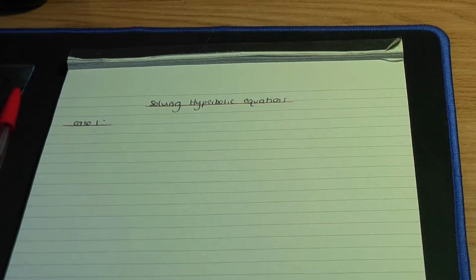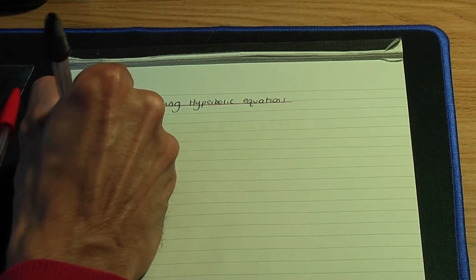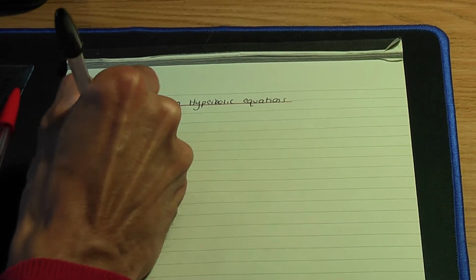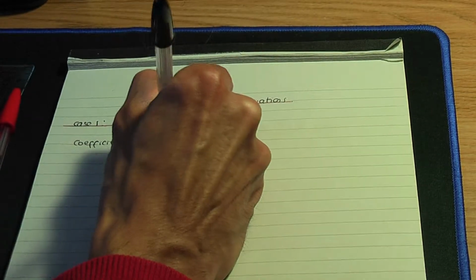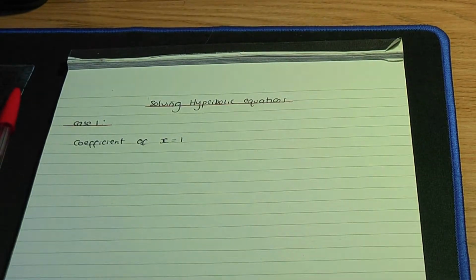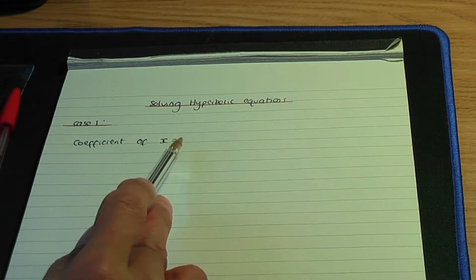That means we're going to be using the hyperbolic definitions in order to help us solve the equation in question. Okay, so coefficient of x equals 1. But not only the coefficient of x equals 1, whenever all of the powers in your equations are 1 also,